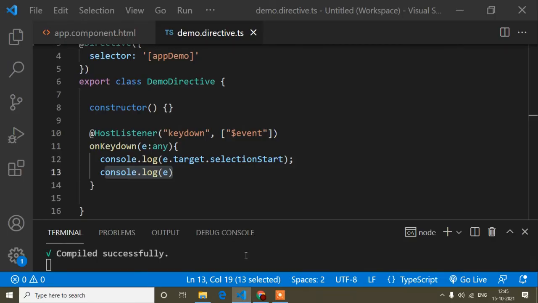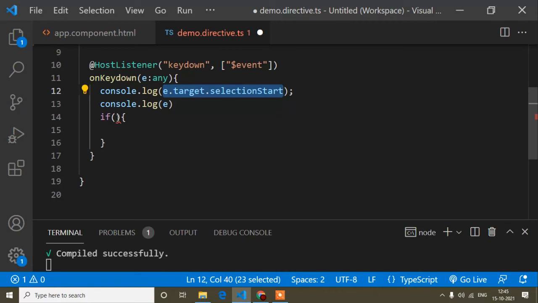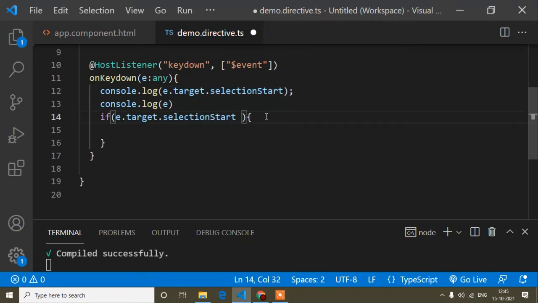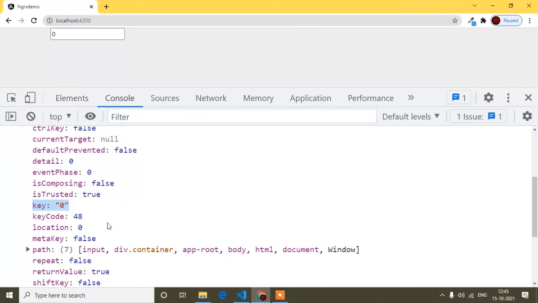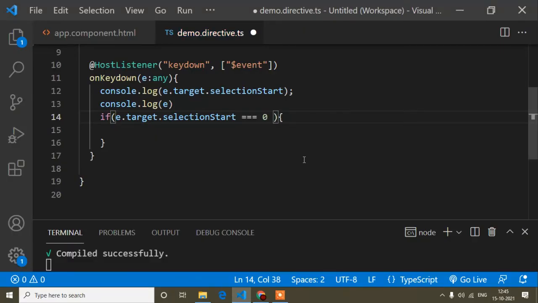So what I will do here, this e. Now first thing, I will write a condition. The condition will be e.target.selectionStart first of all. I will copy this one and paste here. And what will be the selectionStart? Triple equals to 0.